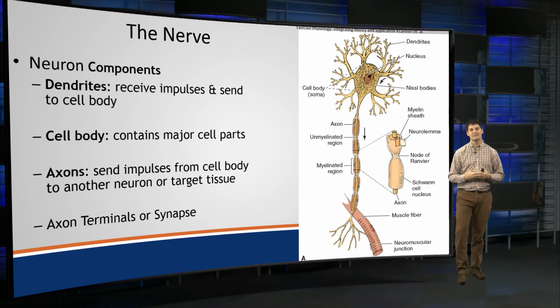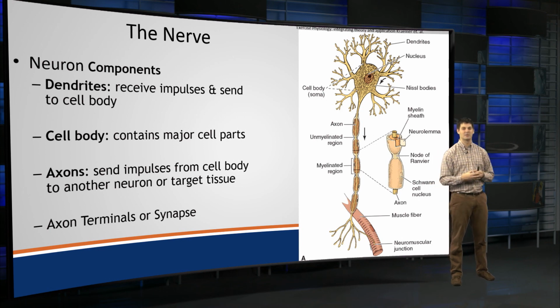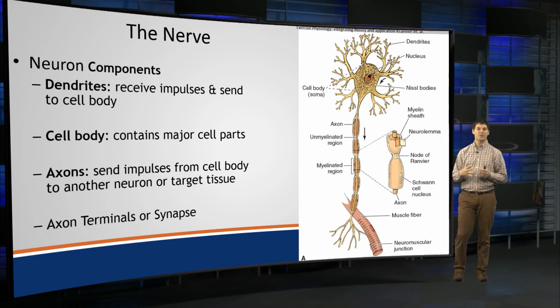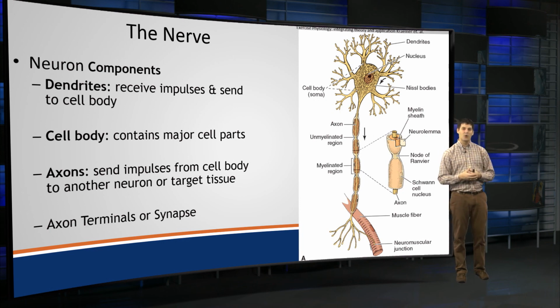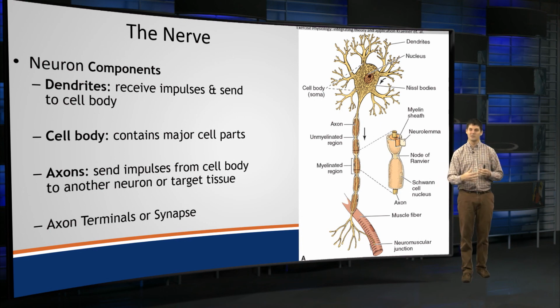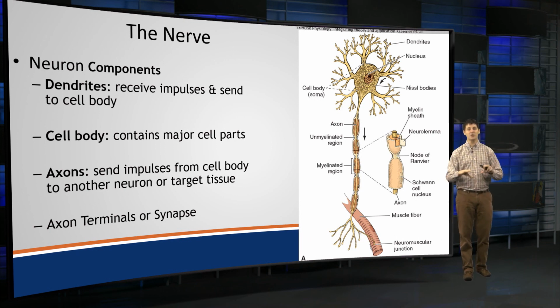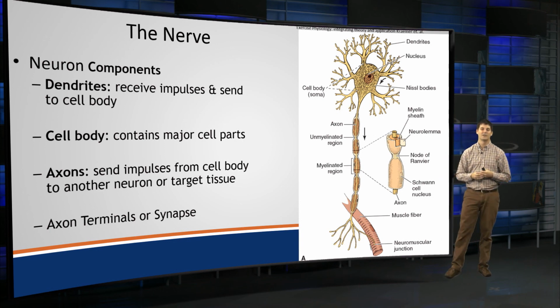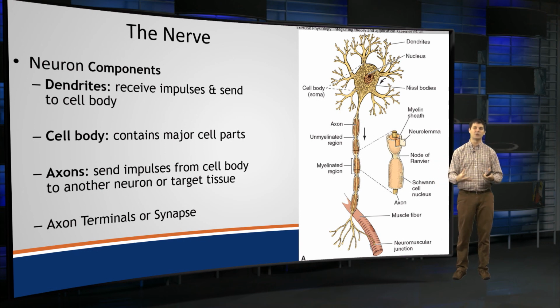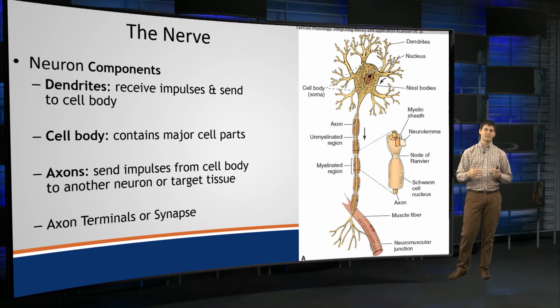The last part, again, is the axon terminal or the synapse. So you can see in the bottom of the figure here that these look sort of like dendrites, but these aren't actually collecting any information. What they're doing is innervating, or connecting to, the proper term is innervating, but you can use simple vernacular and just call it connecting to the organs. So we send a signal into the terminals, which then innervate the effector organ. So in this picture here, of course, we have our skeletal muscle, as we're talking about this in the neuromuscular unit. So it's able to talk to the skeletal muscle and, in this case, tell it to contract or potentially